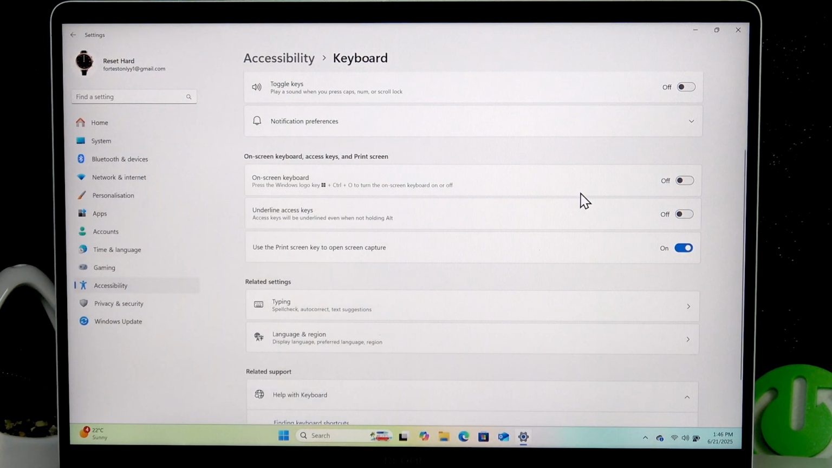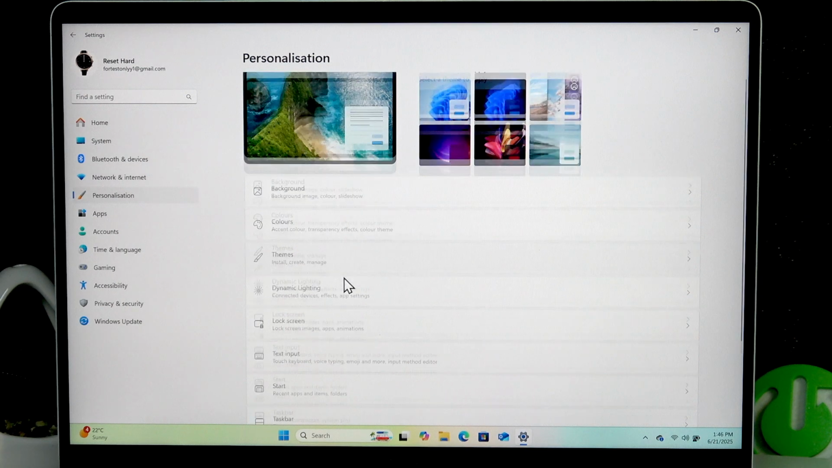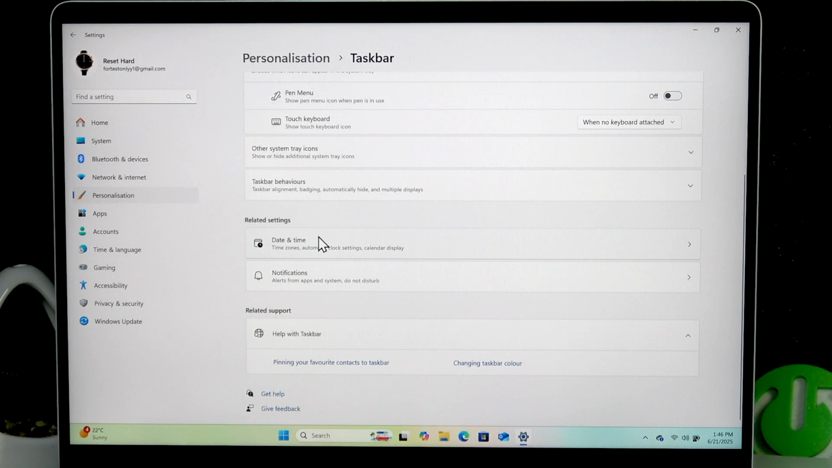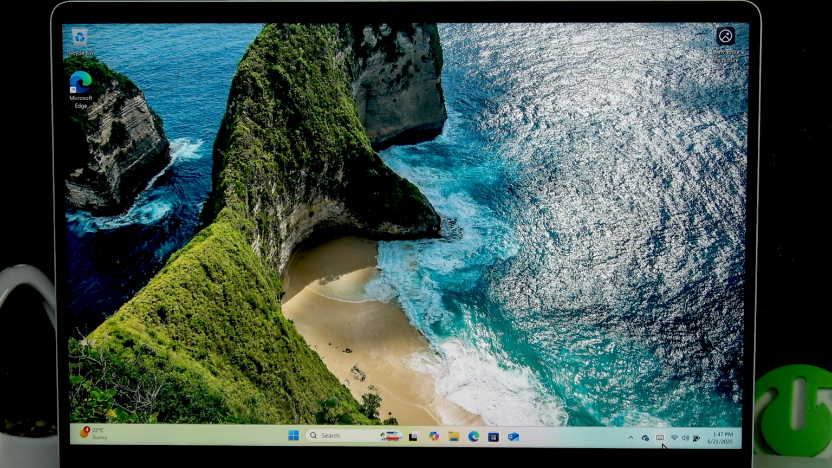Now, if you don't want to go to the settings each time you want to open the on-screen keyboard, you can do this in a different way. So go into Personalization, go to Taskbar, and then select the touch keyboard. Find the touch keyboard and change this one setting to always. And as you can see, it enabled this icon on the taskbar, and if you click on it once, it